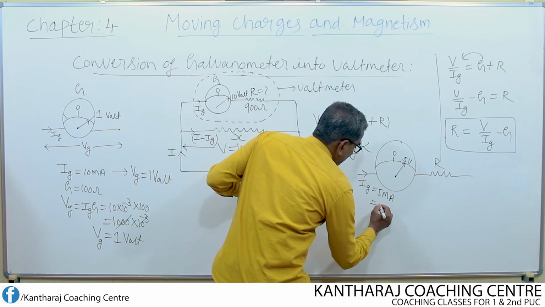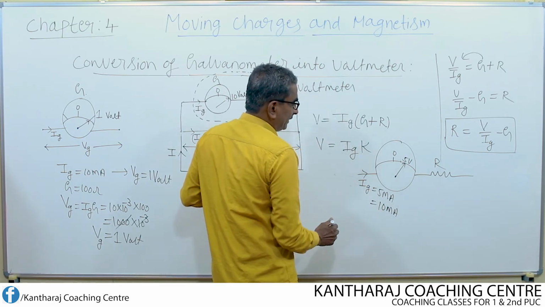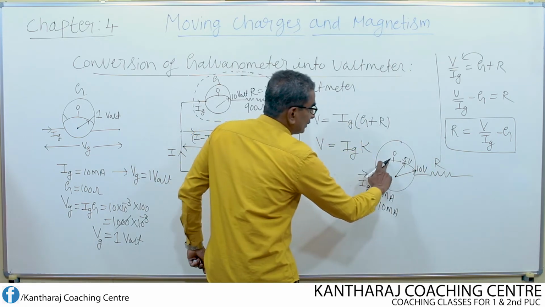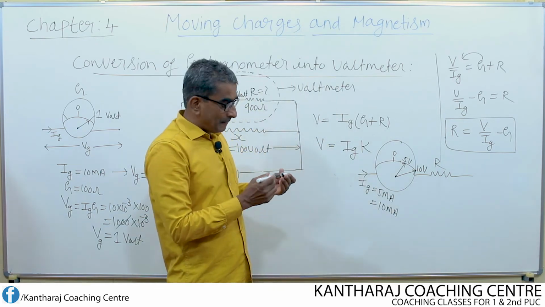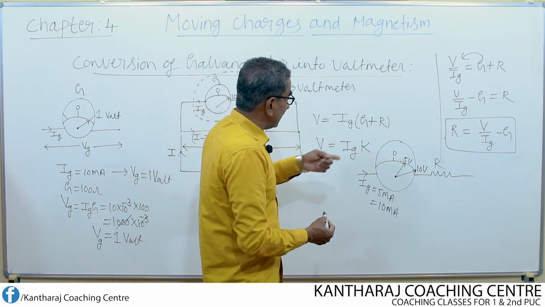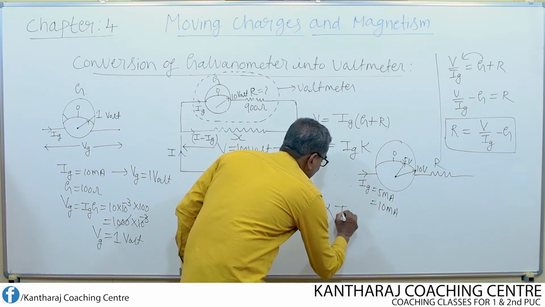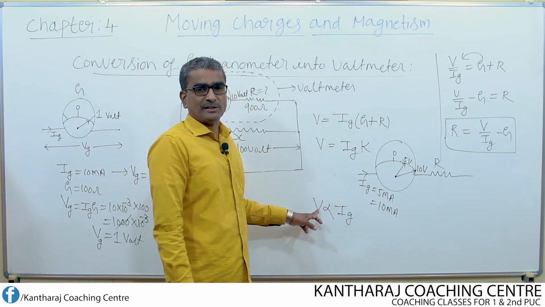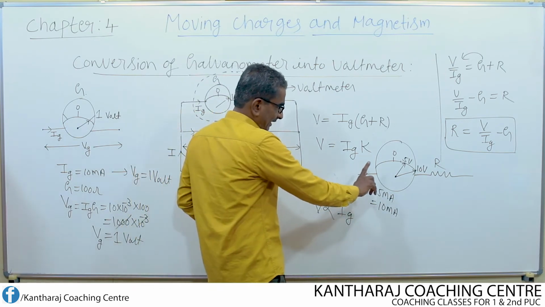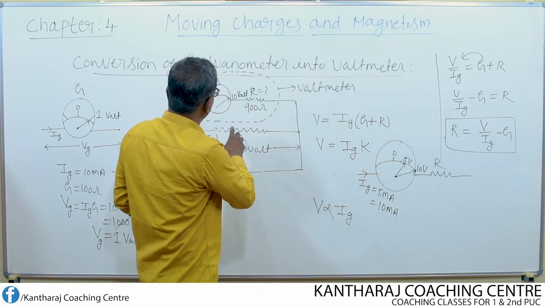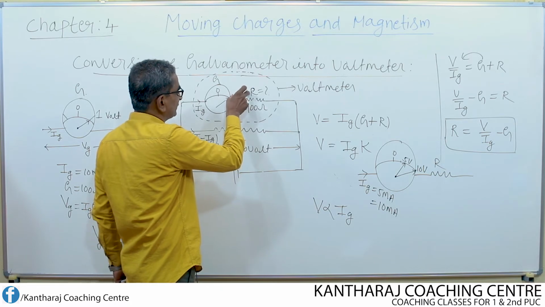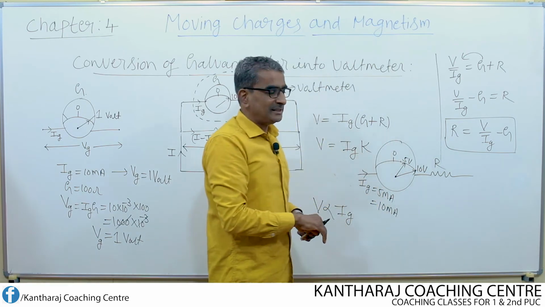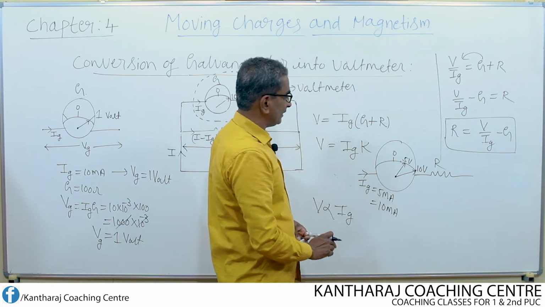Suppose 10 milliamp current flows instead of 5, now the pointer shows full scale deflection. Now this point corresponds to how much? 10 volt. So this is how the scale must be calibrated. That means marking should be done proportionately, in accordance with V proportional to Ig. As Ig increases, V which is to be measured also increases. In such a way the graduation should be made. So that is why I wrote that full scale deflection always reads the main potential difference. In that view the marking should be done in the scale of the galvanometer.